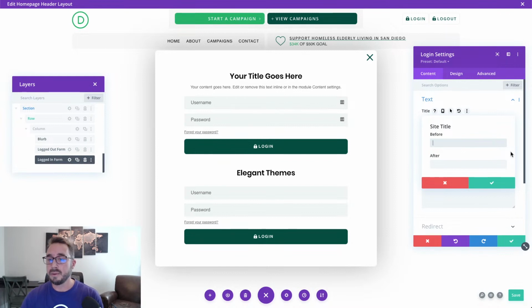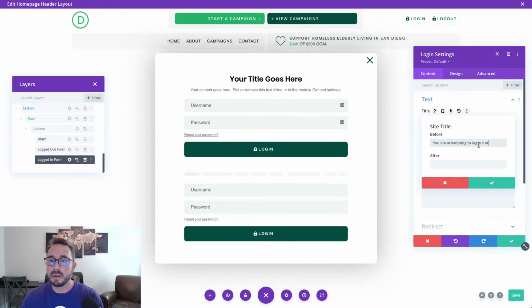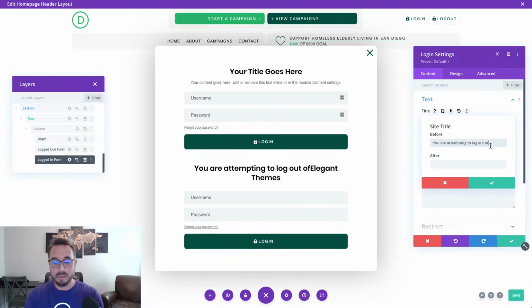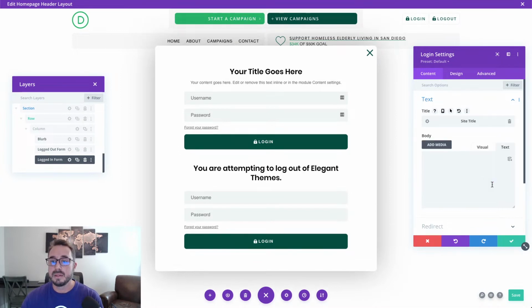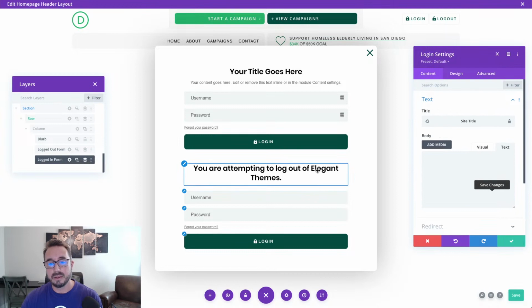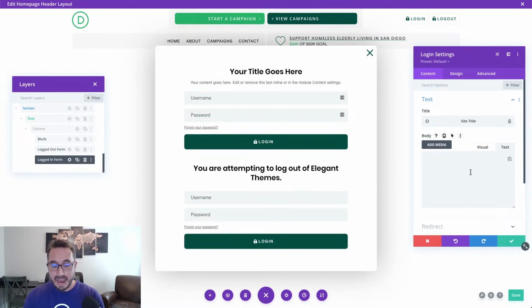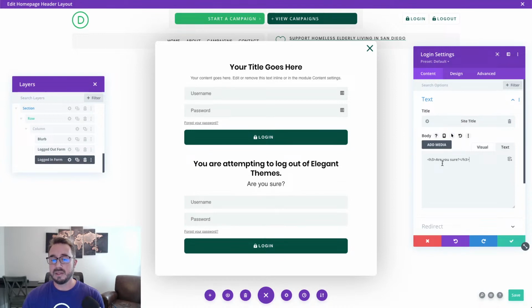And I'm going to click on the edit, the dynamic site title. And then before it, I'm going to add this text, kind of like a custom warning. You are attempting to log out of, and then site title will show up after that. And then after the site title, I'm just going to add a period. All right, easy enough. Save it out, and now you have a custom dynamic warning there. And then to add to the warning, I'm just going to add this H3 header, which is basically saying, are you sure? So once that's in there,